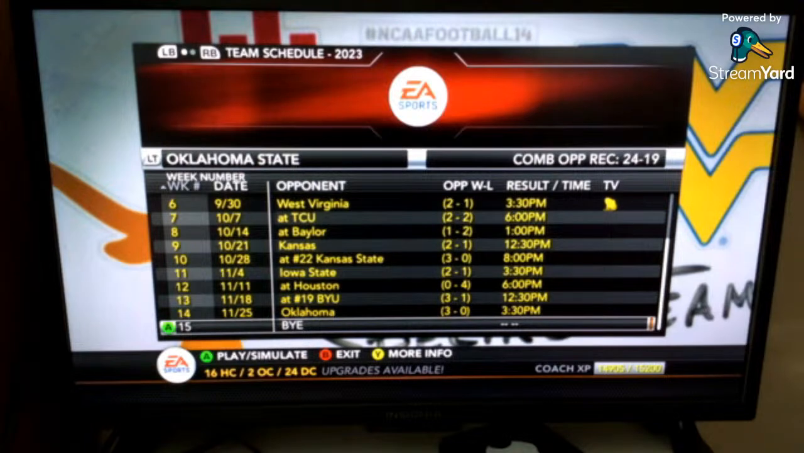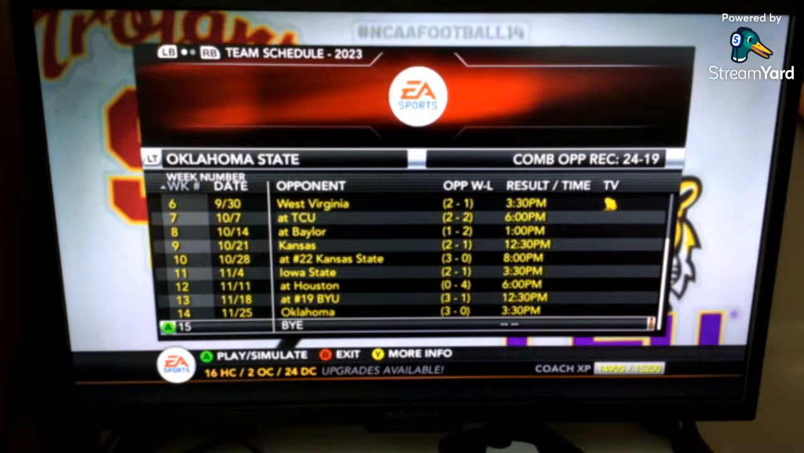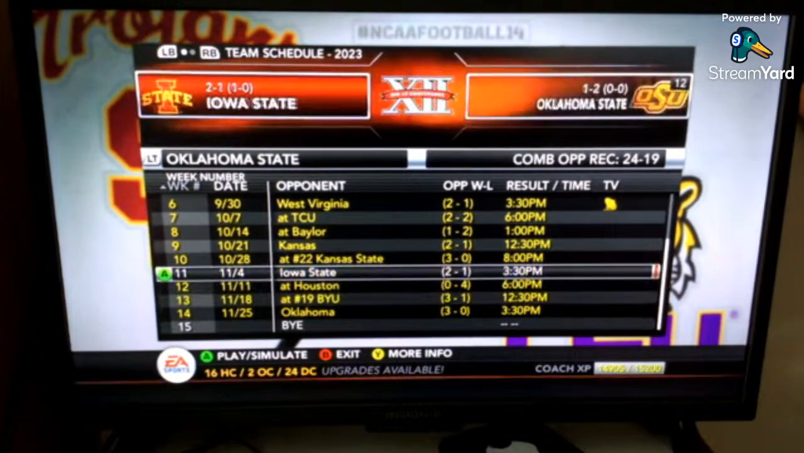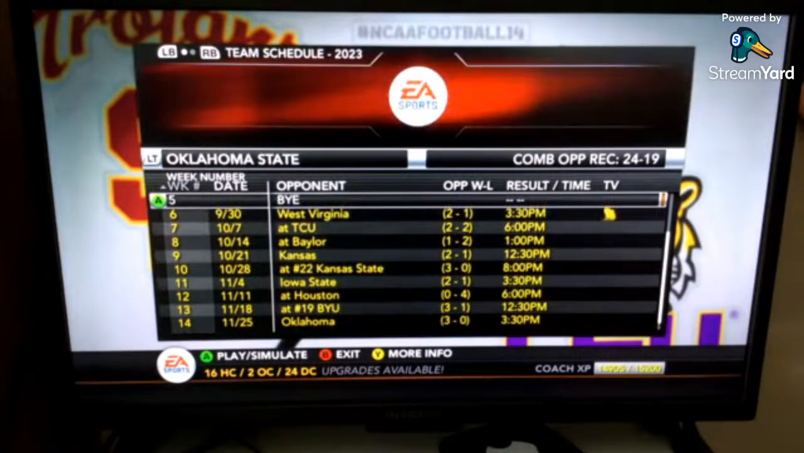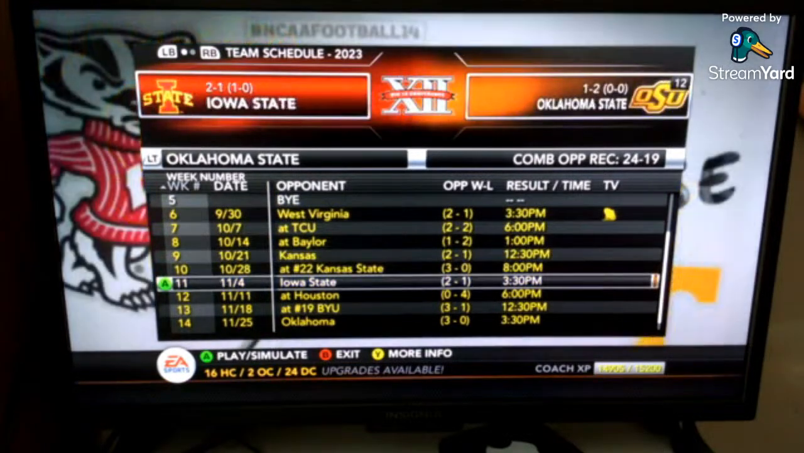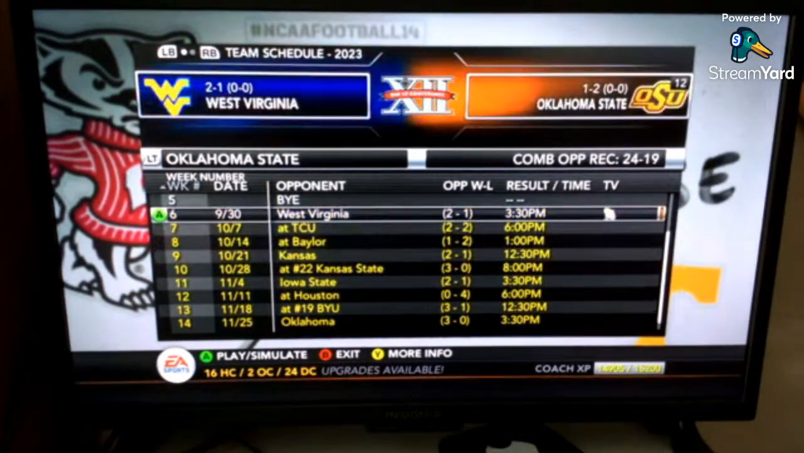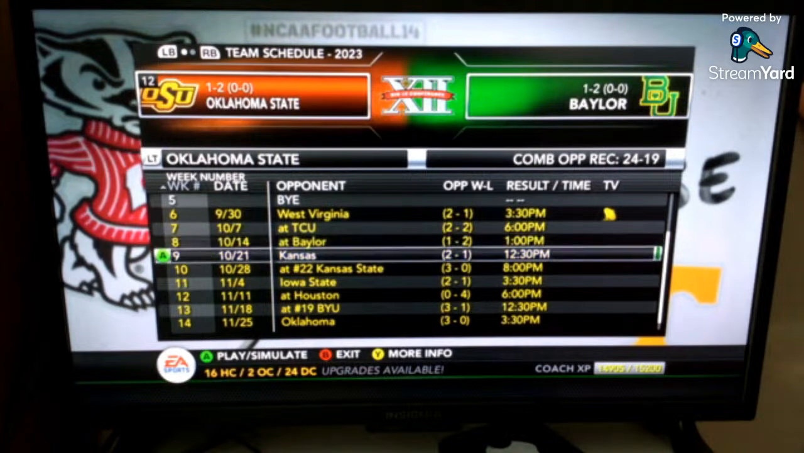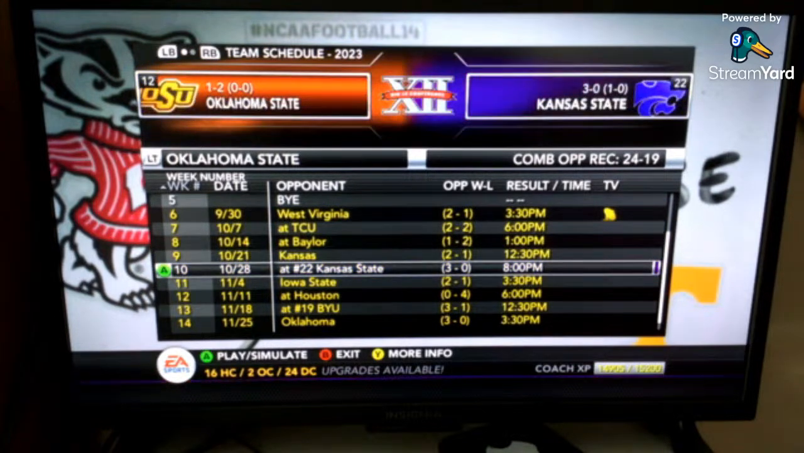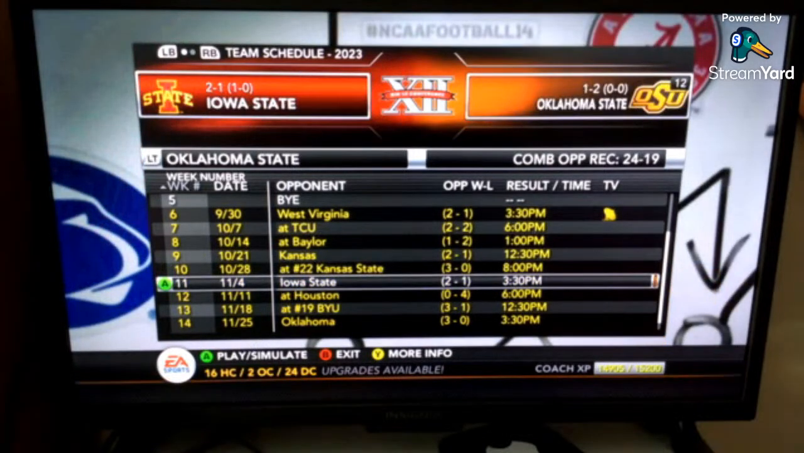11-2. We could be 11-2 after the conference championship game if we go undefeated in Big 12 play, beat OU, BYU, Houston, Iowa State, Kansas, Baylor, TCU, West Virginia, and then whoever we play in the conference championship game. If we win all those games, we win tomorrow against West Virginia, Friday against TCU, Saturday against Baylor, Sunday against Kansas, Monday against Kansas State, Tuesday against